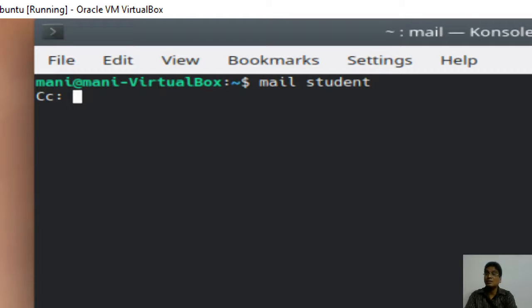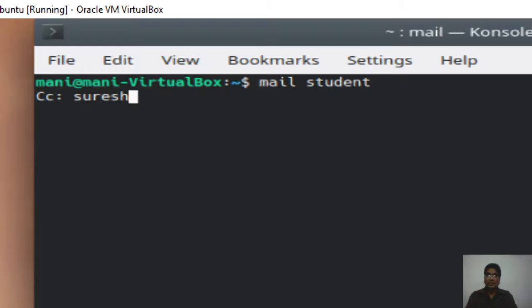Now I will assume that this principal has also logged in, but the principal is not there in the system. Just assume that I want to send a CC even to the principal. So remember, you don't write principal at gmail.com, you don't write all those things. This is a username who has logged in. Suppose there is a person called principal who has logged in, you can send it. Suppose there is a person called Suresh, who is my friend. I want to send the message even to my friend Suresh. If you have a friend or somebody else, the carbon copy will be sent to the other person.